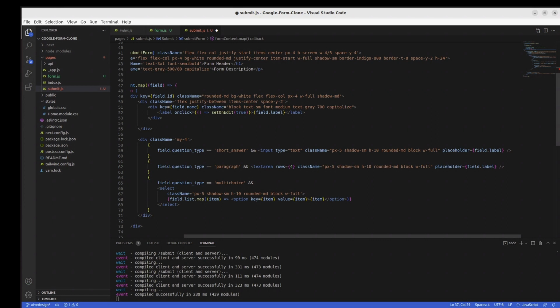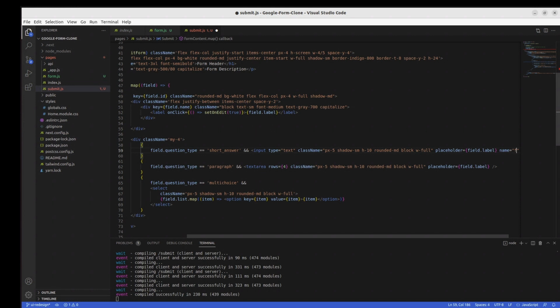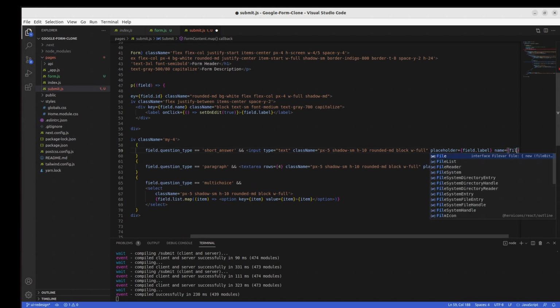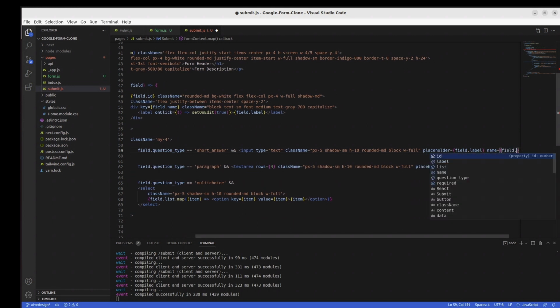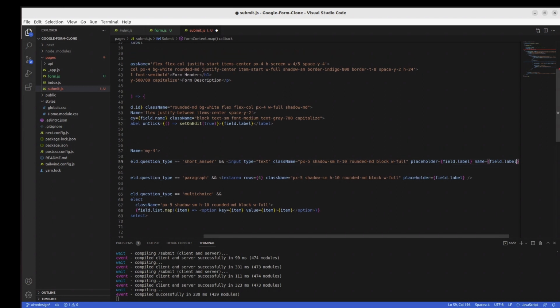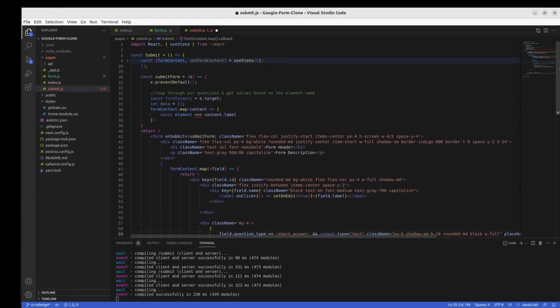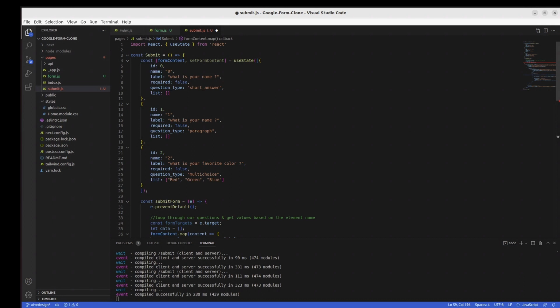We want to make sure we set the name. So right now we didn't set the name, we didn't set anything, and that's not nice. And set the name. If we want, our name can be the label names. Label. I'm not sure how we named our labels here,